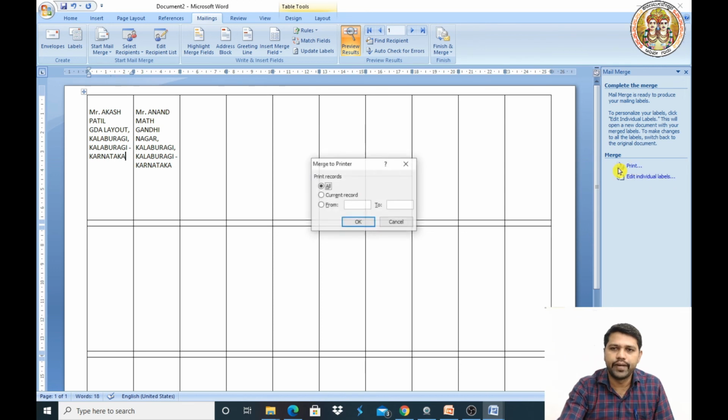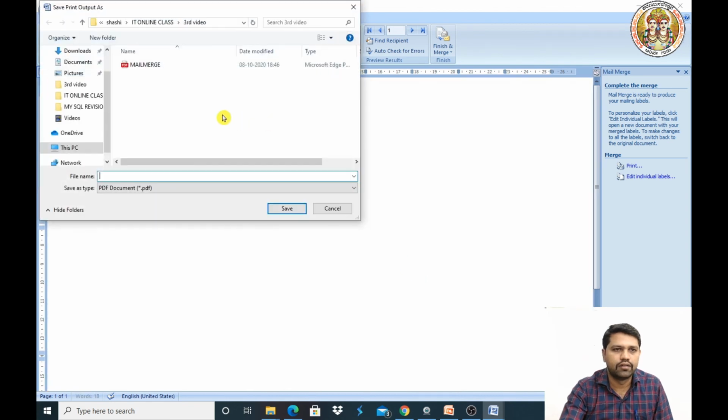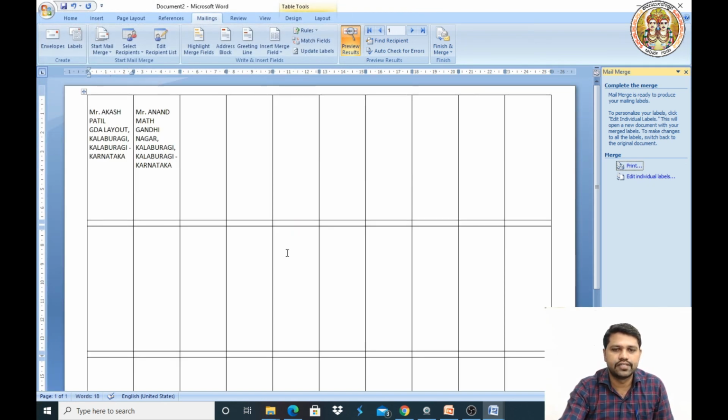Click on print option and take all, and again it will be saved in PDF format. All the labels are available in that particular PDF file. Click on OK, and again give the name for that label. Click on save, and it is saved.